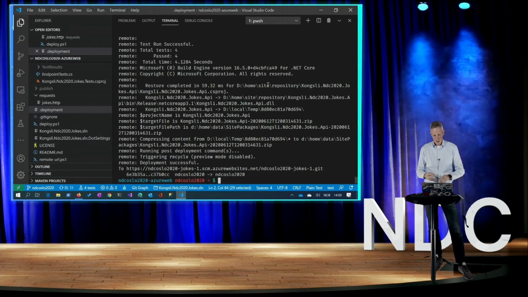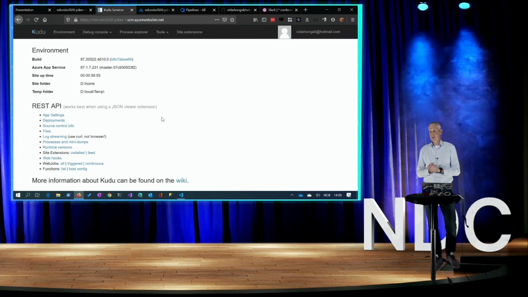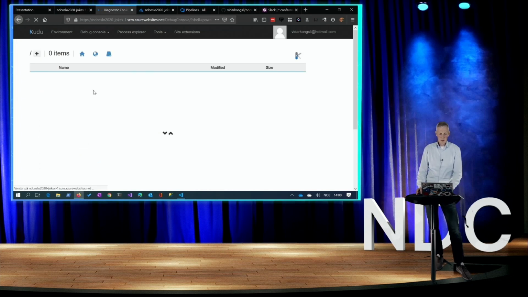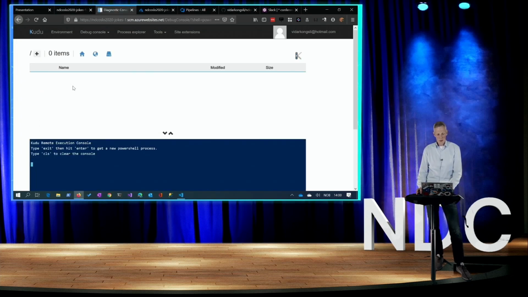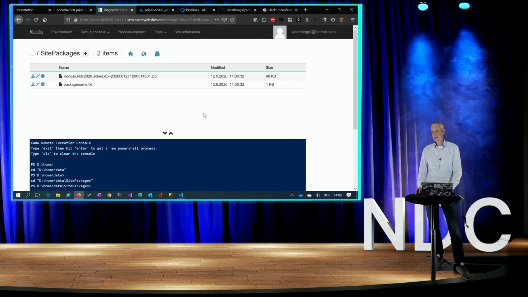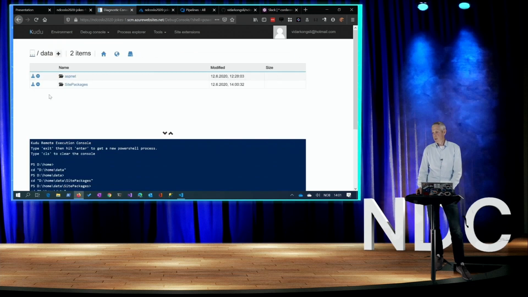So, good. If we now go back here, we can have a look at this Kudu services portal that I talked about, or the SCM. So let's have a look at the file system. First, we can go into /data/site/packages, and here is our built zip file with our application, and the packagename.txt references which zip file should be mounted. So if we go to the site root,